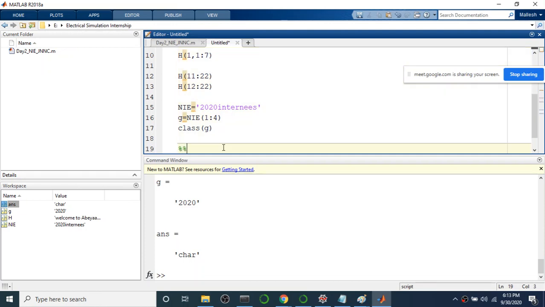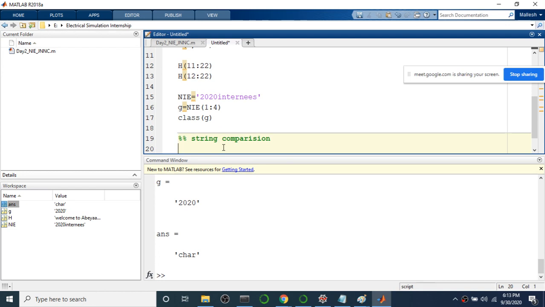Let's work on string comparison. So using relational operators, we can do the comparisons. Okay.